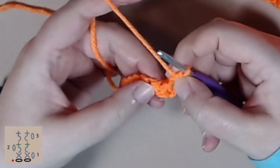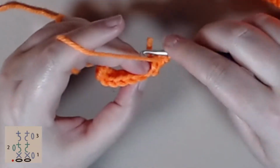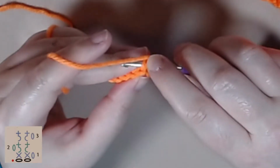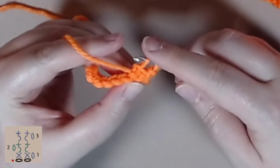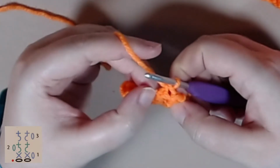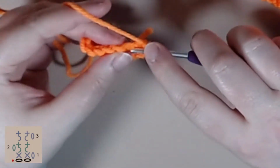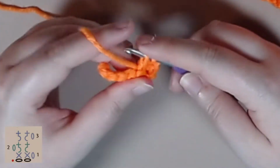So the next stitch is going to be a back post single crochet. So to start off, we're going to pop our needle through the second stitch, just like we would from the back, and then we're going to pop it through the next stitch through the front. So again, let's do a front post single crochet. We're going to go through the front, through the back, single crochet,